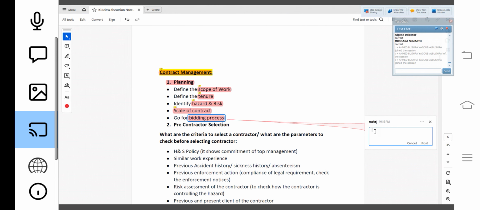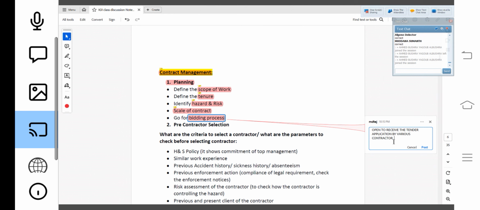Bidding will be open to receive the tender applications by various contractors, correct? So I want to get my house painted externally, meaning exterior painting.